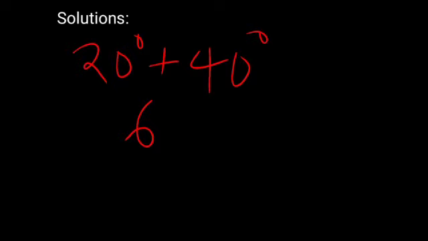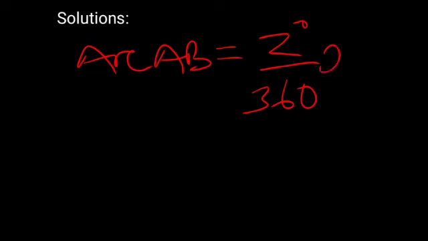The arc AB is equal to z degree over 360 degrees multiplied by 2 multiplied by pi multiplied by the radius of the earth. So we'll say therefore this is equal to,